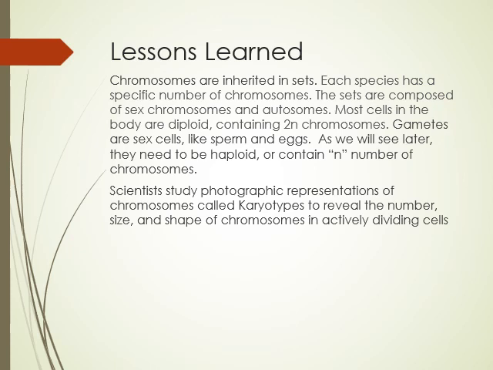Scientists can look at pictures of chromosomes. So you take a picture of the cell as it's dividing, look at the chromosomes, and you can determine all sorts of things from it. You could look at the size and the number and the shape of chromosomes in actively dividing cells. And from that, you might determine the sex of the individual. You might also see some abnormalities in there. So maybe there's too many chromosomes or too few chromosomes or missing pieces of chromosomes. There are practical applications to this, especially for people who are undergoing